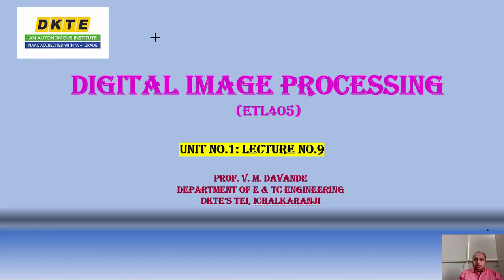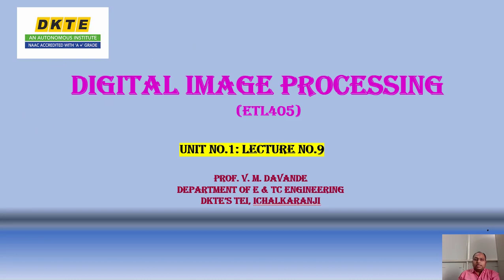In the previous lecture, we have seen different types of adjacency: 8 adjacency, 4 adjacency, and M adjacency, that is, the adjacency in an intensity group. Different pixels have different sets of intensity, and from that we find out their neighborhoods. In the previous lecture we also saw how to find the distance between two pixels, the Euclidean distance. Let us discuss that again in detail with one example.